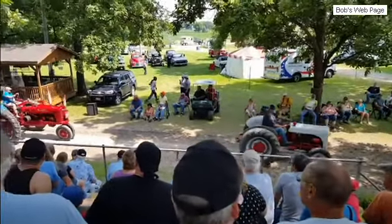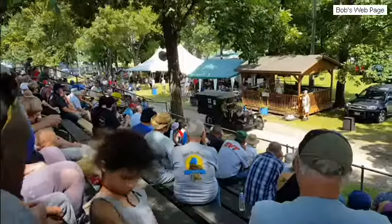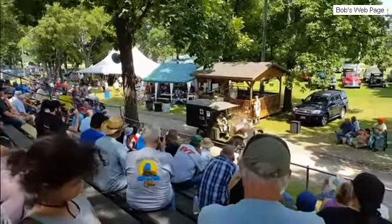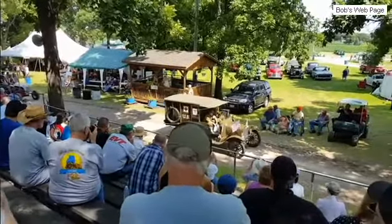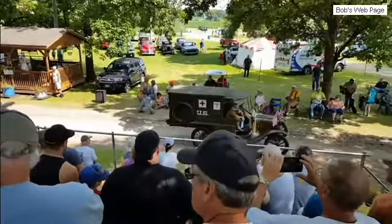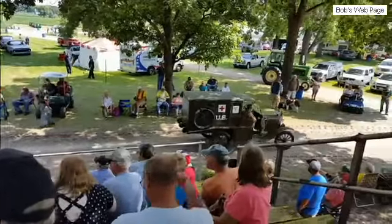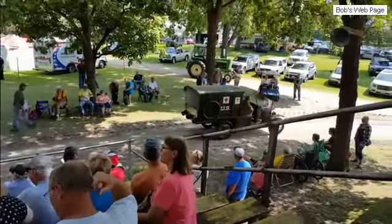Here comes a 1948 John Deere A late style. There's a 1954 John Deere 80, Dale Rice out of Marengo, Illinois. This is not stopped by any means of the imagination. That is a V8 engine on that tractor. And they got a heck of a lot of people